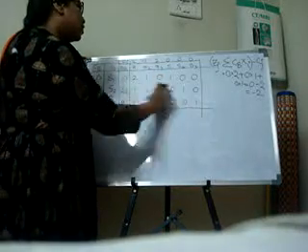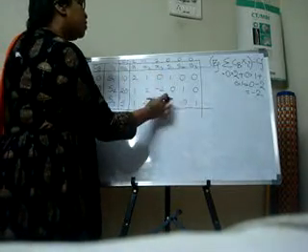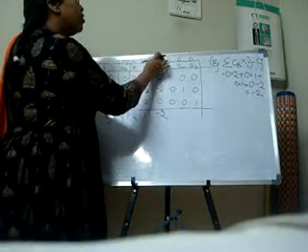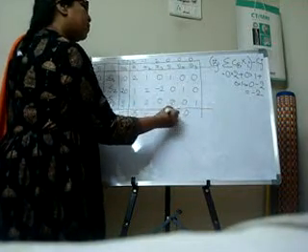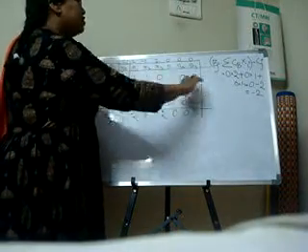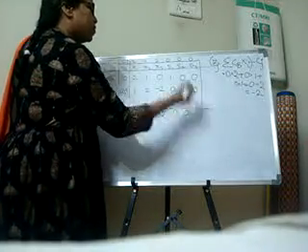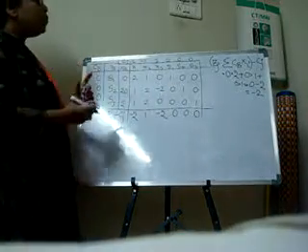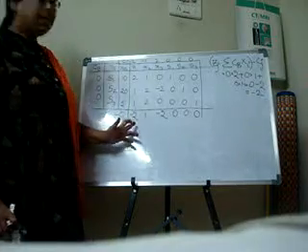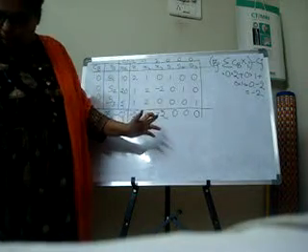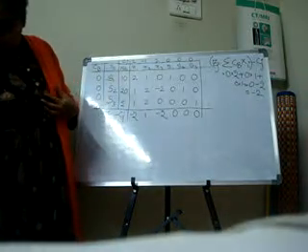And 0 into 0 plus 0 into 0 plus 0 into 0 is 0. 0 minus 0 will be 0. Now here 0 minus 0 will be 0. And again 0 minus 0 is equal to 0. Now we have to search for the most negative value. Here is a tie, minus 2 and minus 2. Now which one are you going to choose?